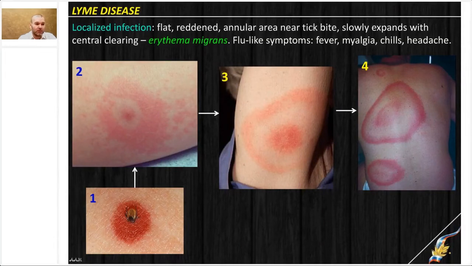So Lyme disease is characterized by three stages. The first stage is the acute stage. It appears immediately after the tick bite or even during the tick bite. As you can see, photos are numbered in the corresponding order. Initially, the tick will stick to the skin, or epithelium, and will start sucking blood. A red macular rash will appear, a single element around the tick, and it is due to injection of Borrelia in the soft tissues. So a few days after the tick is extracted, or it falls down itself when it sucks up enough blood,